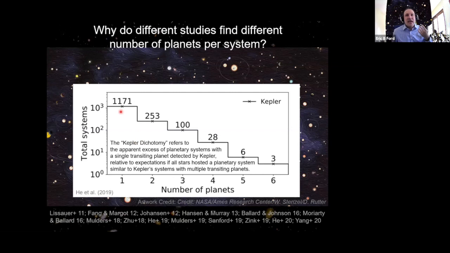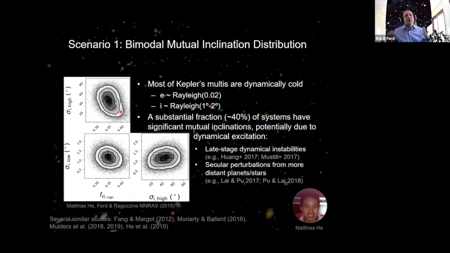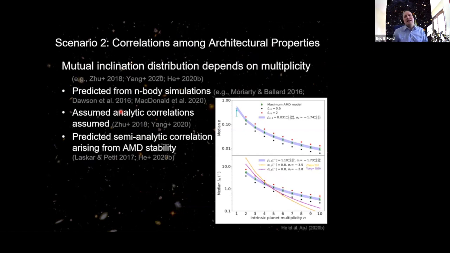But you can solve it. You don't need to play ridiculous games with, like, oh, there's 40 planets or something. And in fact, even those don't work if you don't introduce some of these correlations. But rather what it says is that in order to explain the high rate of single planet systems relative to the doubles, triples, quadruples, and so on, you either need to have two populations, or you need to have mutual inclinations, or you need to have a correlation in the mutual inclination with planet multiplicity.